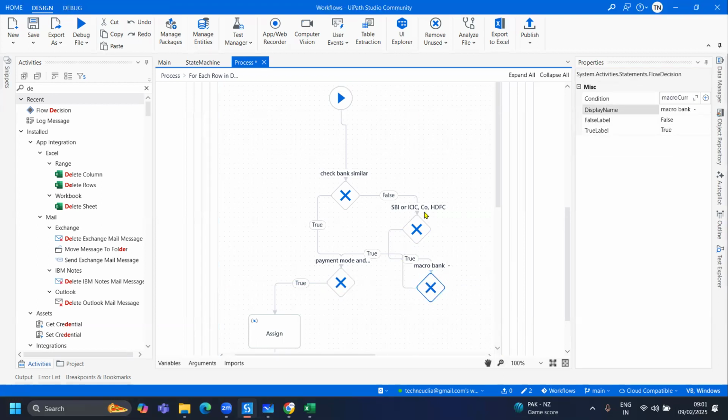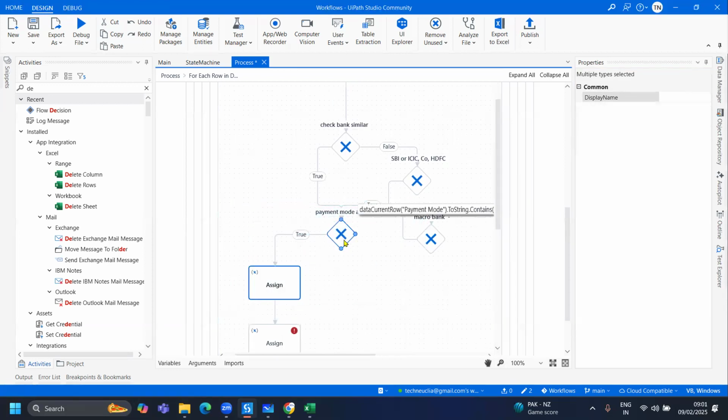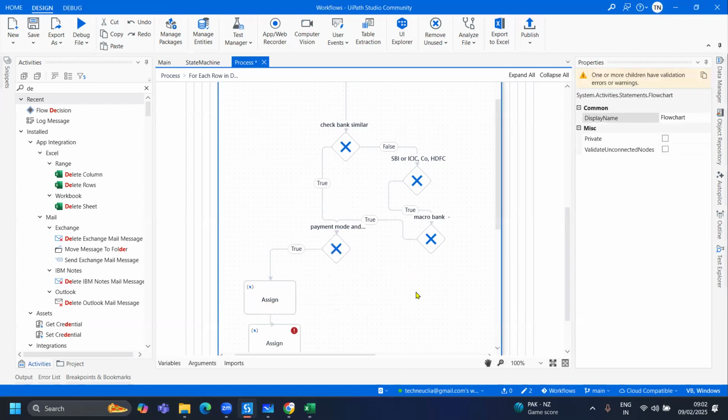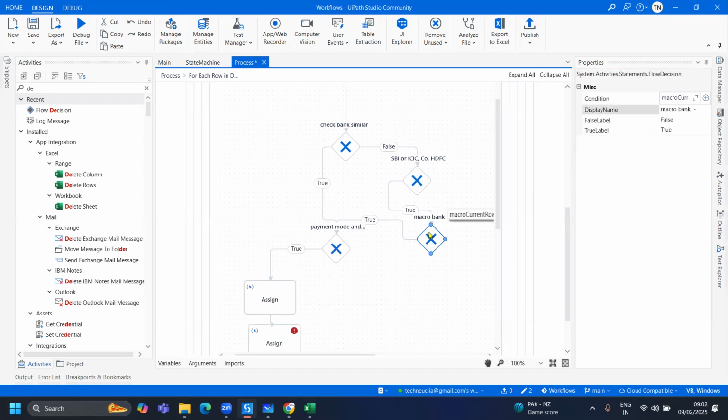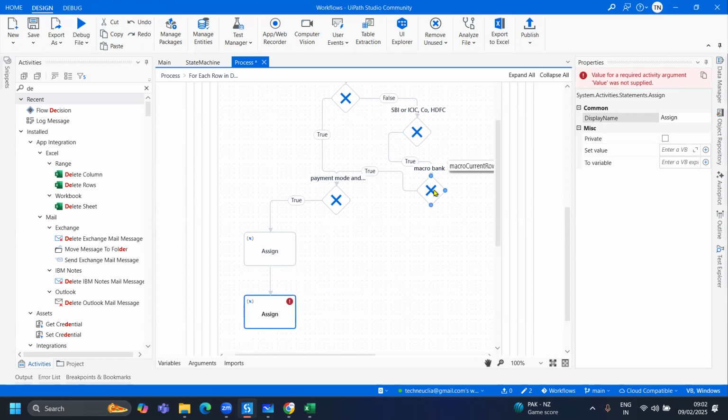Okay. If it is matching, it's good. If it is not matching, I'm not happy with this, then a little bit below so that, yep. So if it is matching, I'm good. If it is not matching, it's fine. Now, if it is matching with this, because if my data banks are SBI,